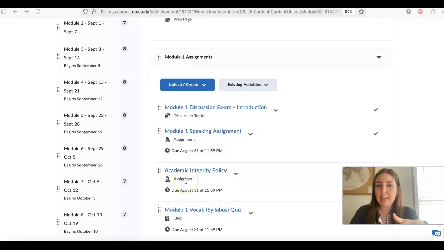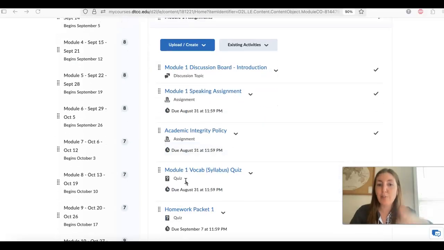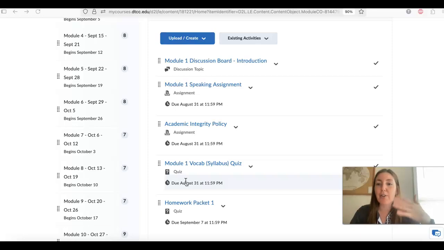You also need to sign the academic integrity policy. And the first quiz is just about like the calendar. It's just to make sure you looked over the start here materials. So make sure that you submit that. And you'll see how the quizzes go. The quizzes, once you open them, you have to finish them and there's a time limit.